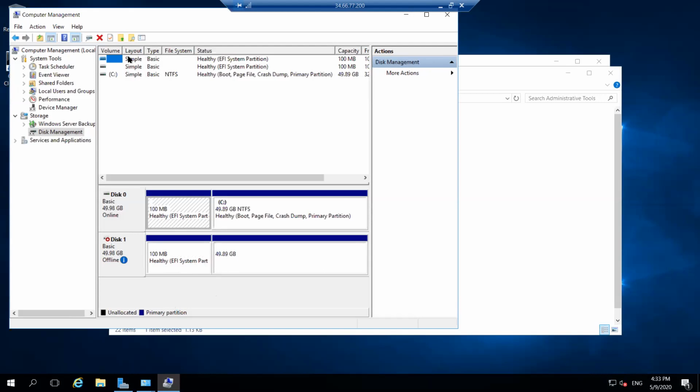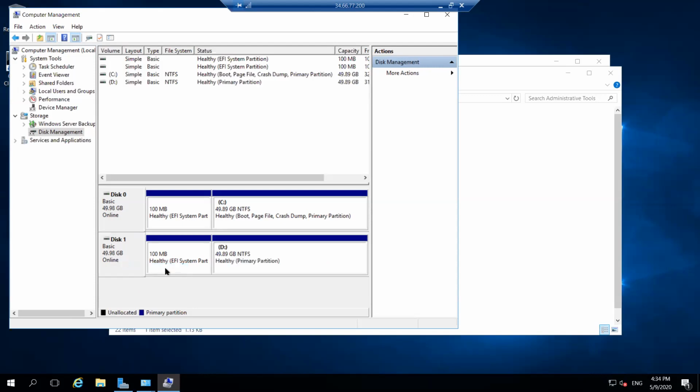You can also see that it is in a healthy situation. First we have to change it to online mode. So we click the right click button, then the online option.